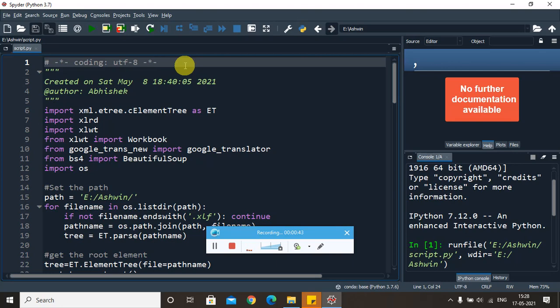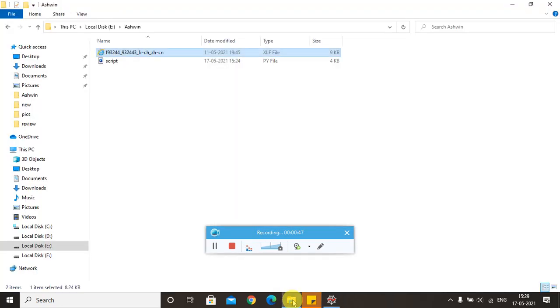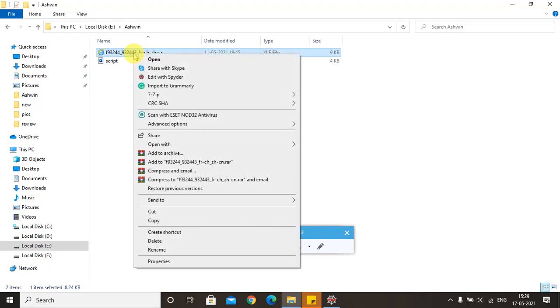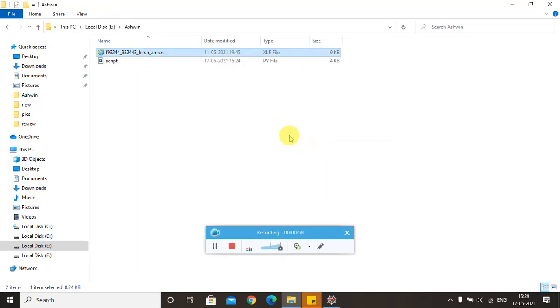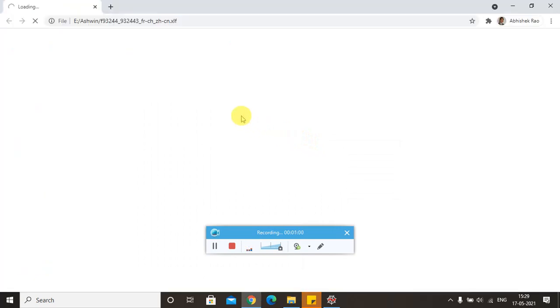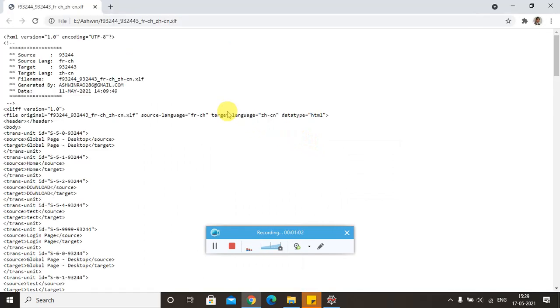Right now, let me introduce you to an XLIF file. As you can see, this is an XLIF file, and let me open it using a Google Chrome browser, through which I can help you understand the structure and layout of an XLIF file.